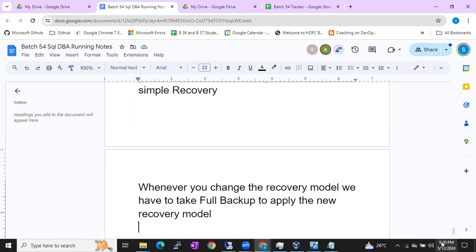What is the state of the database? Can anyone tell me? I'll give you a gift. You just changed the recovery model at 9:20, but after changing, you have to take the full backup. You forgot to take it, and after 1 hour you recollected that you didn't take the full backup. So at 10:20 you took the full backup. So for this 9:20 to 10:20, the database recovery model will be